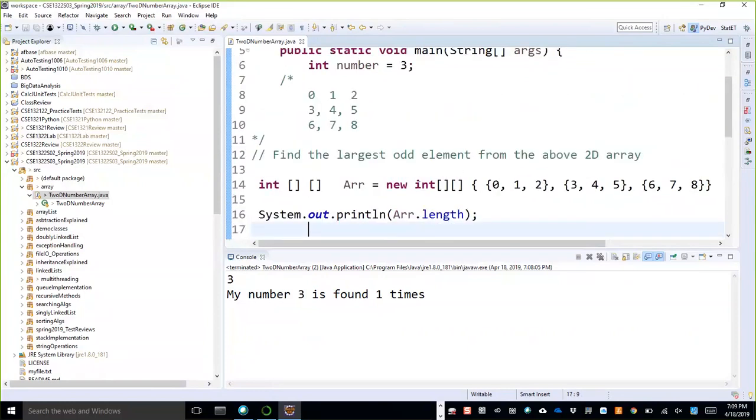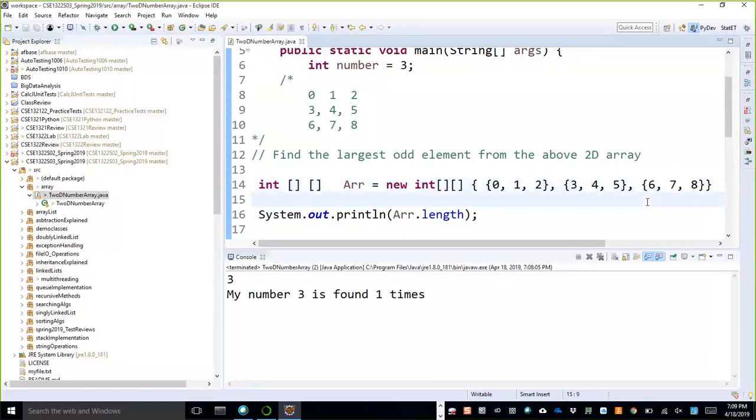That is my first element. When I get the first element, then I can go inside of this element. How can I go inside of this element? Then I need an index. This first row has index 0, this row has index 1, and this row has index 2.